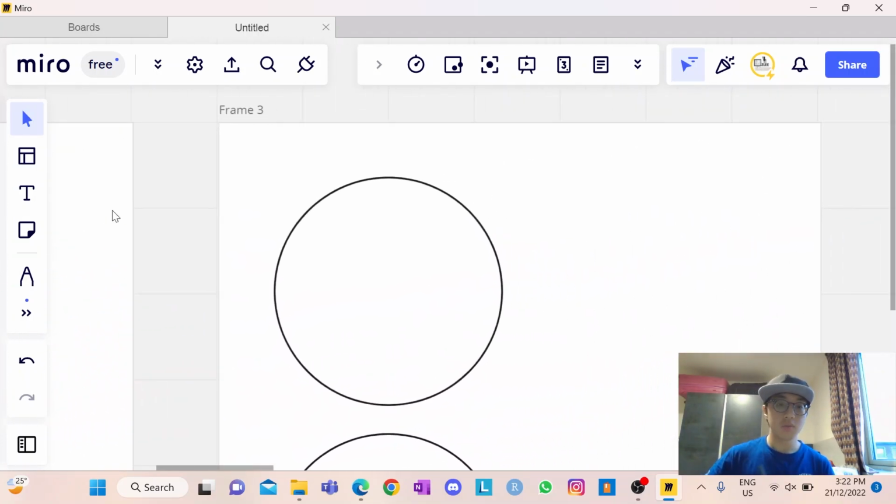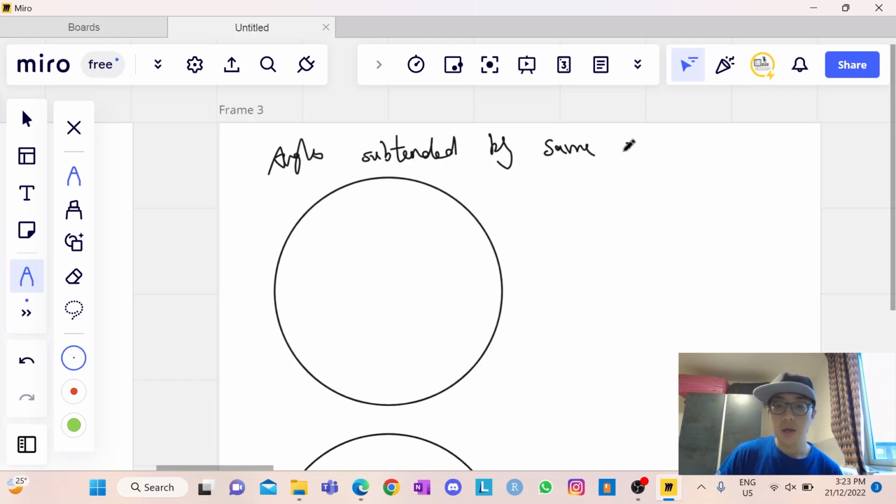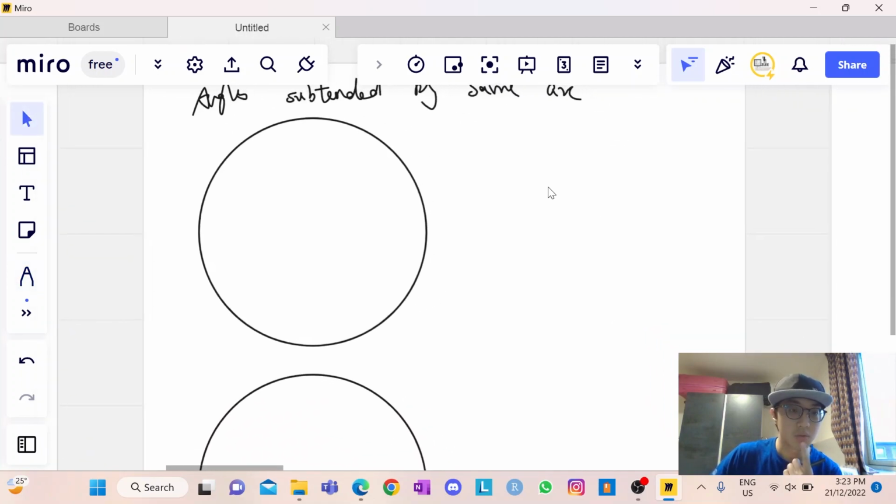All right, so let's first write down the topic here: angles subtended by same arc. And you might be wondering, why are there two circles? Because there are two different cases. So number one,